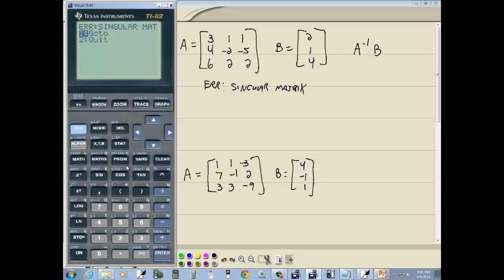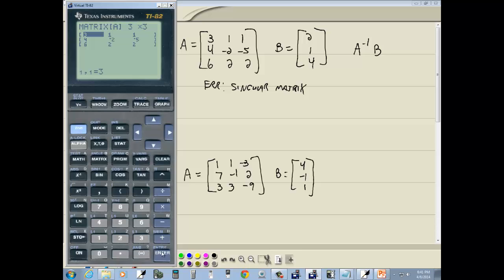Okay, let's enter this in. I'll do a quit on this, and clear. Okay, now I'll go into matrix. Right arrow twice over to edit. Do enter on A. It's a 3 by 3 still, so I can go ahead and do a 3 enter,